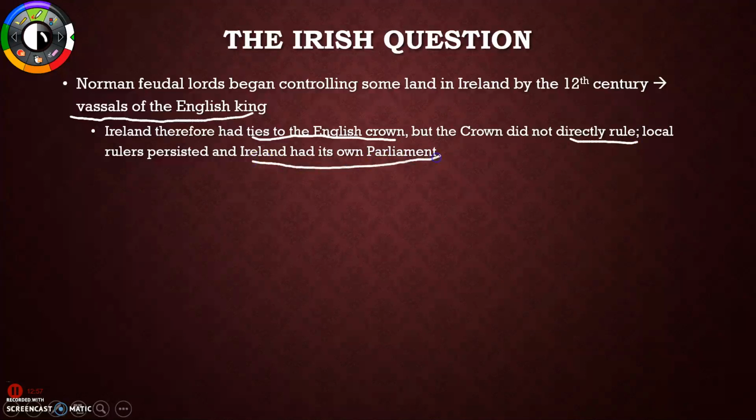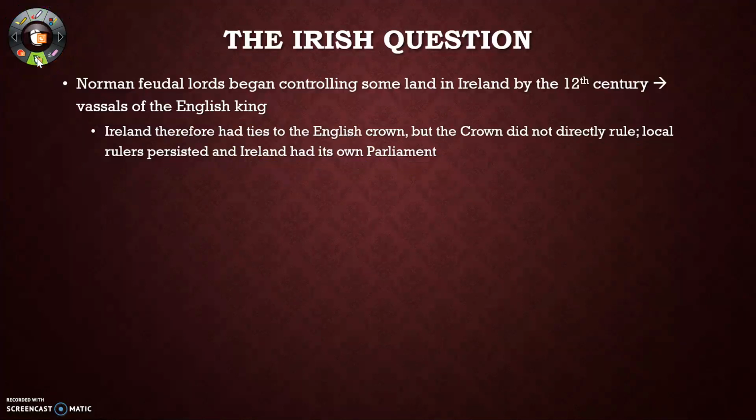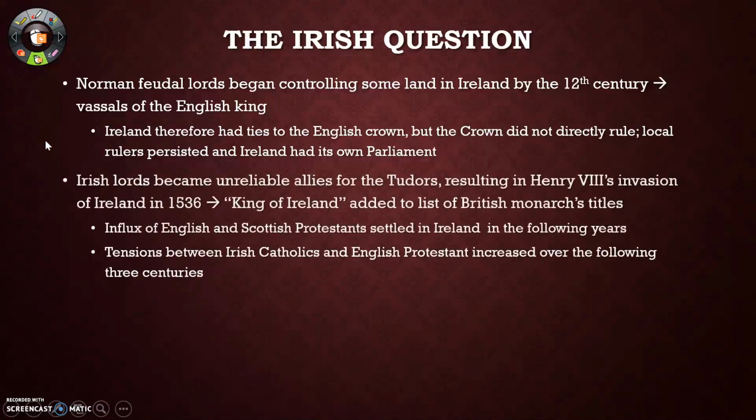Ireland even had its own parliament for a long time. So Ireland was used to self-rule. They had a very weak and weird connection to England. However, particularly as a result of the War of the Roses, which is far too complicated for me to get into,